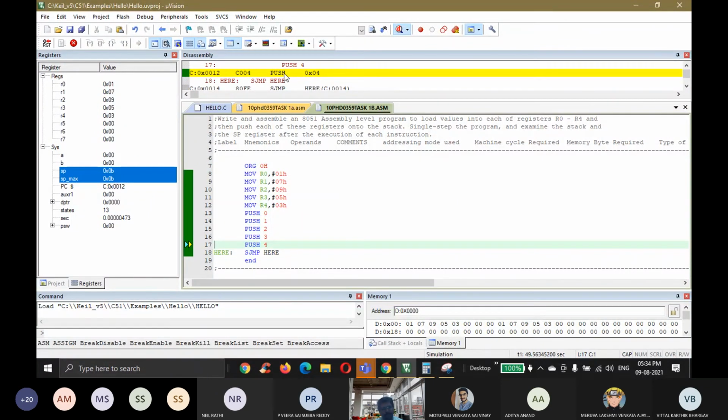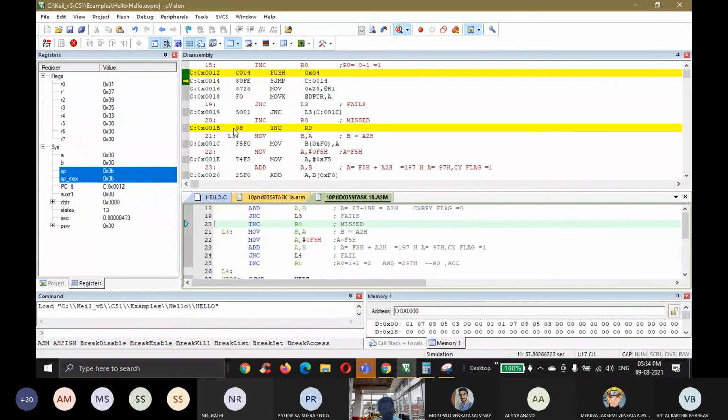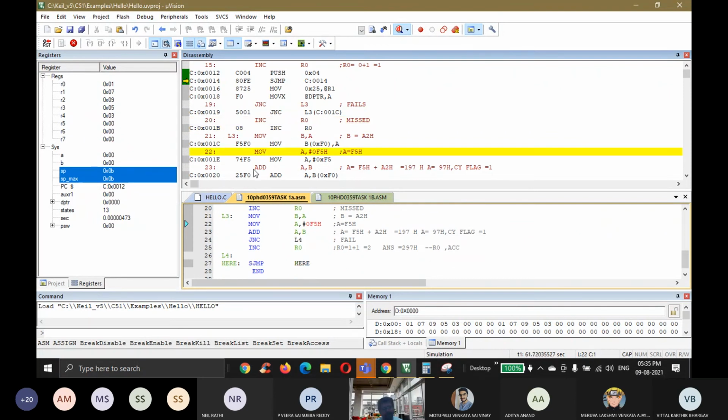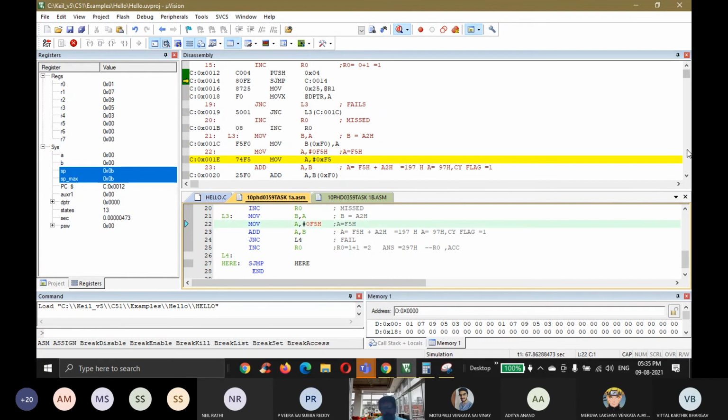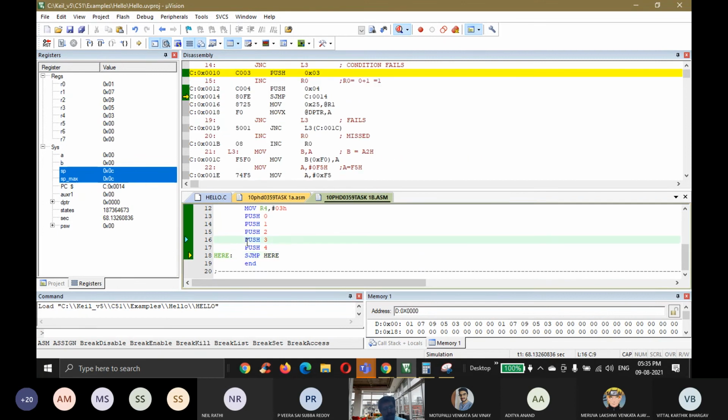0C004 for push operation. Like that, if you move one by one, if you want to know that clearly, you can see for every case what opcode they have given. Okay, you can observe it. Similarly, click here, push 3.